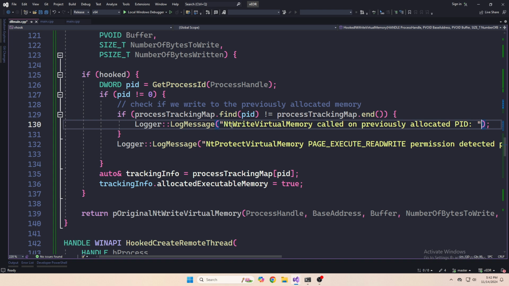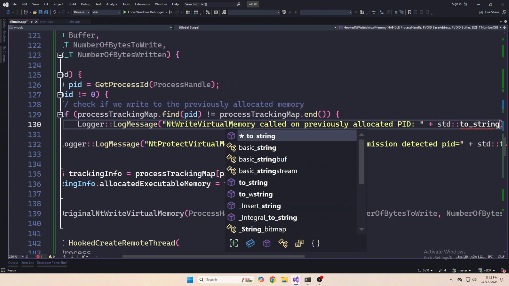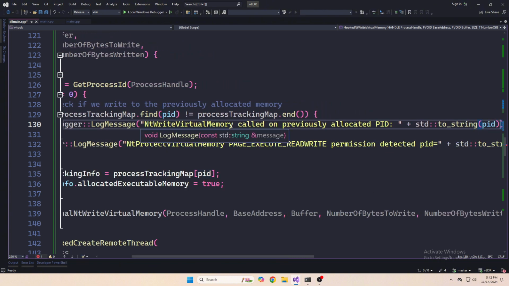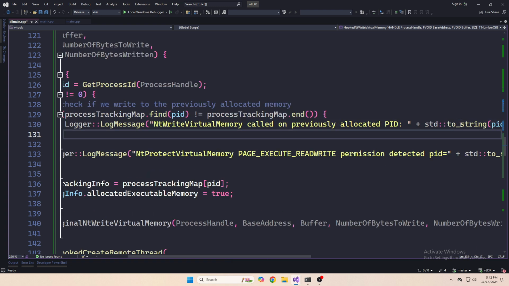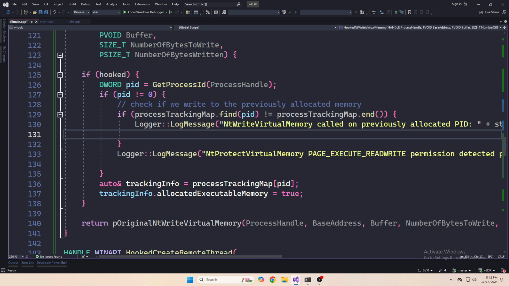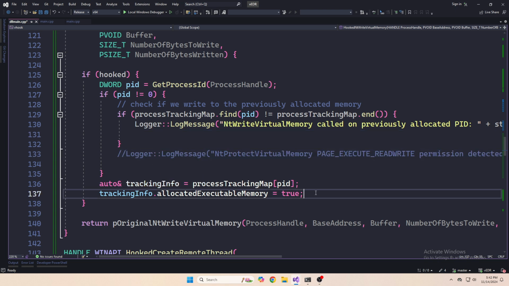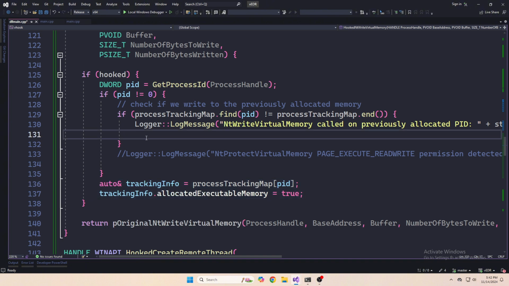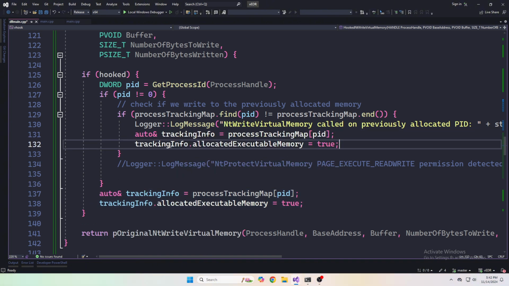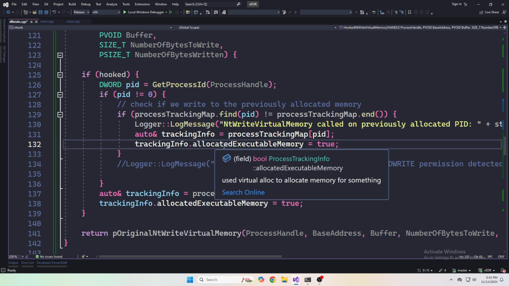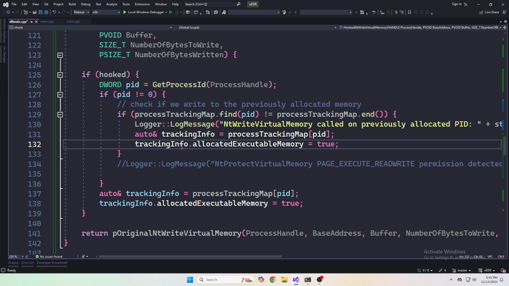That just means that we already have an entry for this PID where it was allocated with executable memory. And then we want to update our tracking map. So we'll bring these variables up. And we want to change this to, instead of allocated executable memory, we want this to be